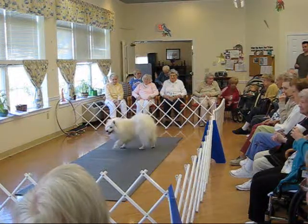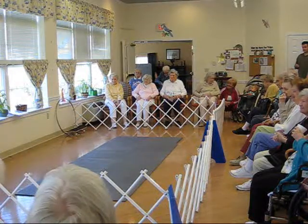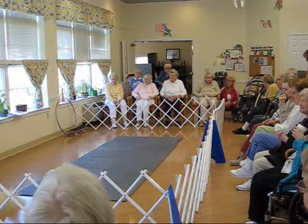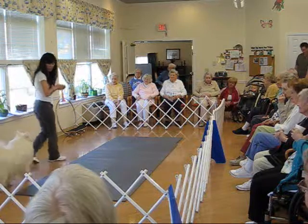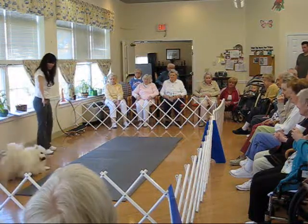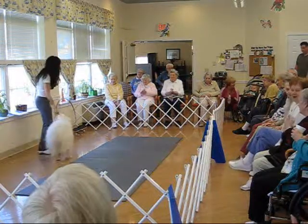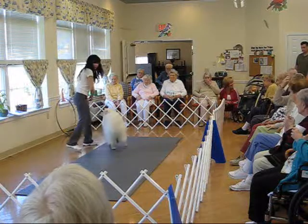Atka also likes to play dead. What I want you to do is pay close attention to what he does with his paws when he plays dead. Okay? Atka. Bang! Oh, good boy. Everybody see how he covered up his nose with his paws? Let's do it one more time. Okay. Let's show everyone